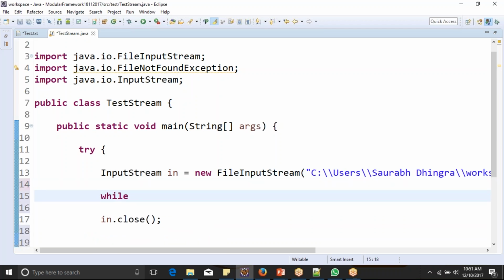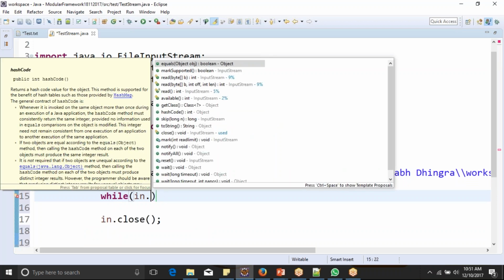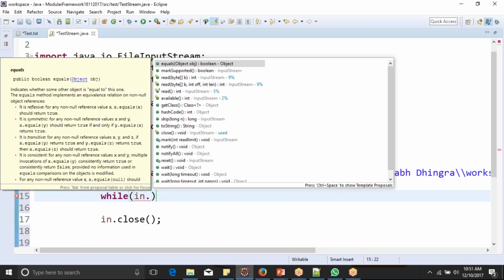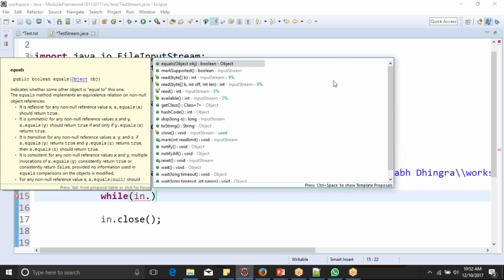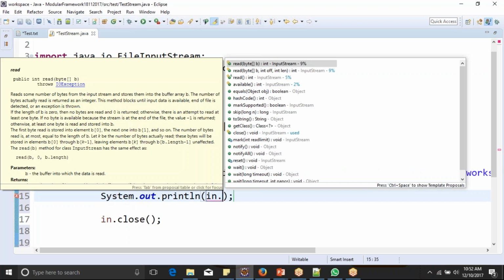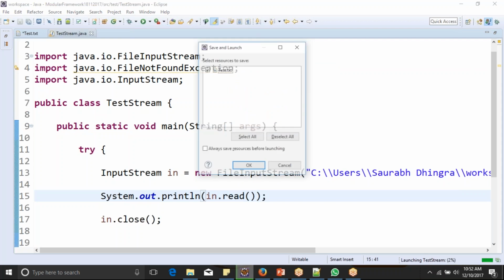So for example, I'm saying while in dot has next, what all methods we have. Okay, or you can simply print it also, in dot read. Okay, so if I execute this code,